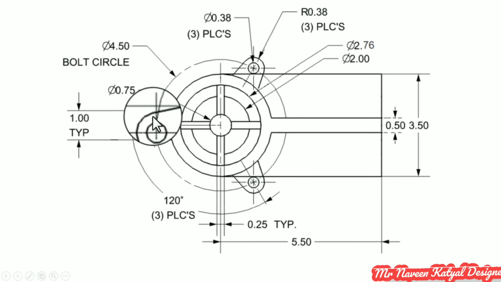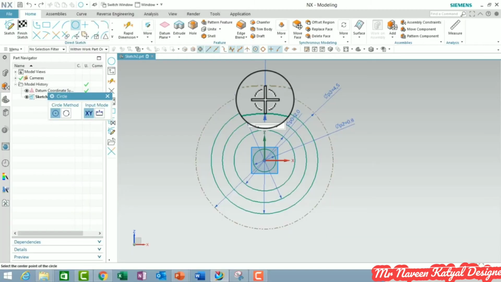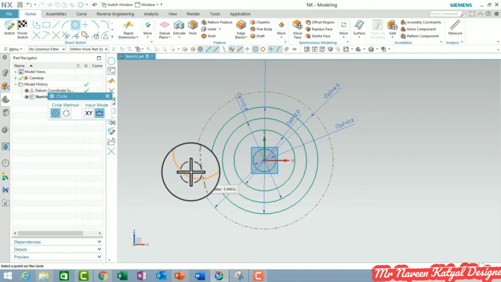The reason I'm creating it here is because I'm going to do a pattern, and it's always better to do a pattern keeping it at one of the axes. You can either keep it at the vertical axis or the horizontal axis. So I'm just going to select this,